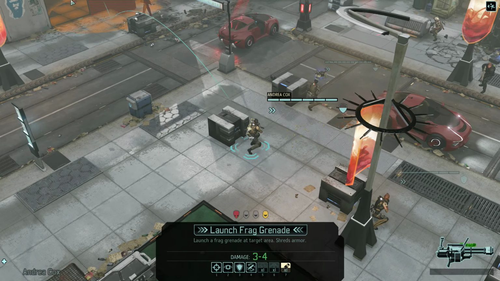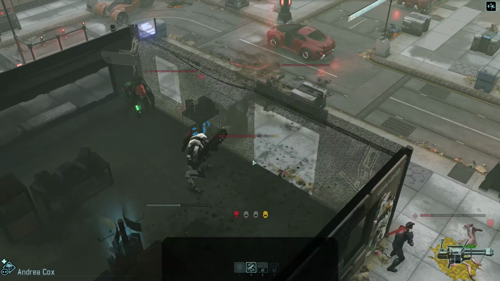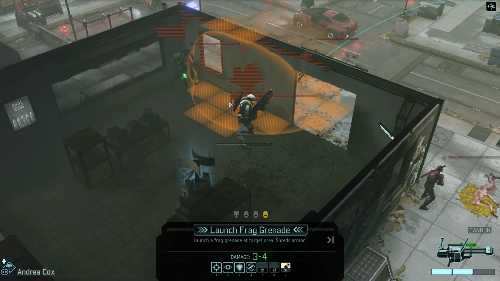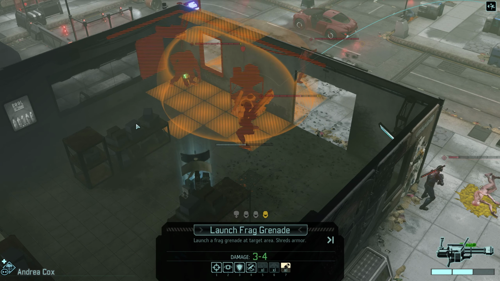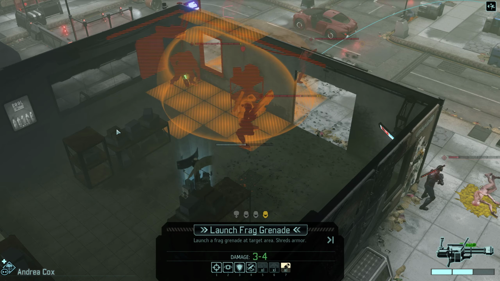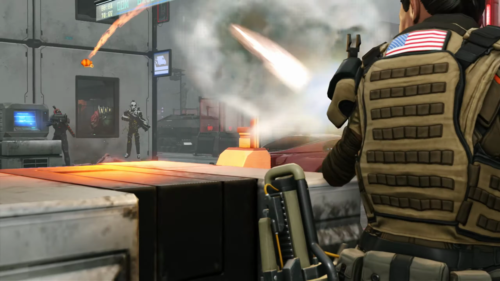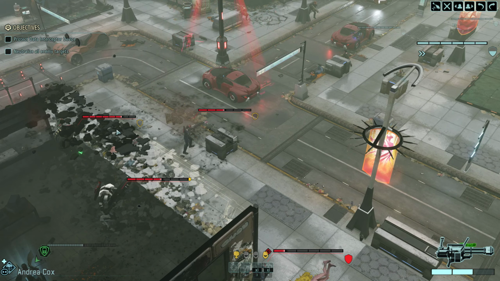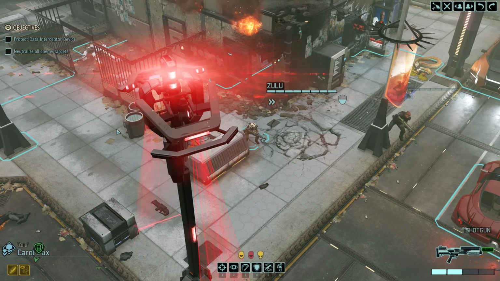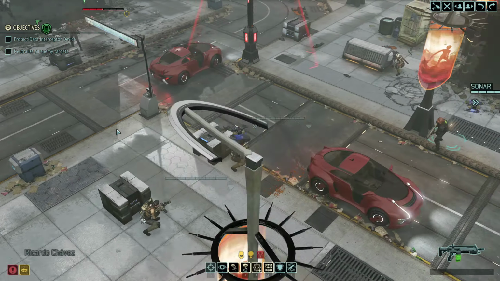Can I get a frag grenade somewhere that gets all three? I can't. Oh, there you go. All three of these. Oh, sorry for the mic hit there. This will also take out the cover that the Muton's sitting behind. It could be up to 4 damage. Oh, that's cool. So I shredded... Okay, sorry. It's going to take out the cover, and I shredded their armor. Important distinction to make there. The armor is a damage mitigation thing, so...